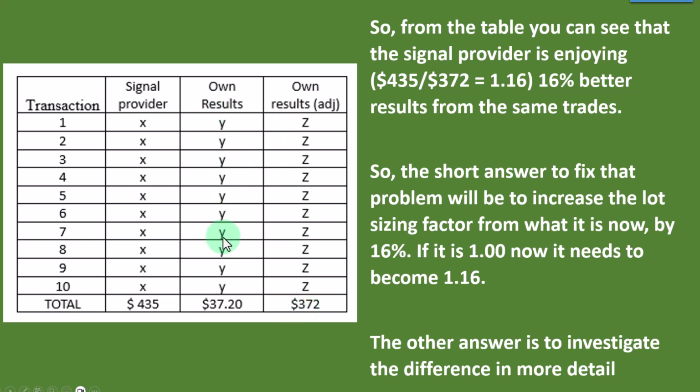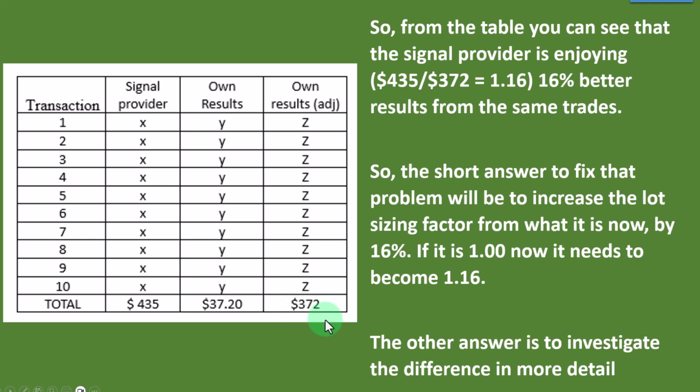I've got a column here for if you were, for instance, using that same linking service for a $1,000 account instead of a $10,000 account. That's what a lot of people do. Then you'd have to convert your results to a $10,000 account by multiplying by 10. That's just an example, but essentially you want to compare apples with apples. And in this example, the signal provider has made $435 profit and you have only made